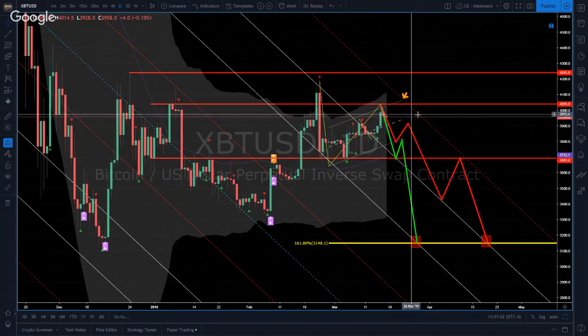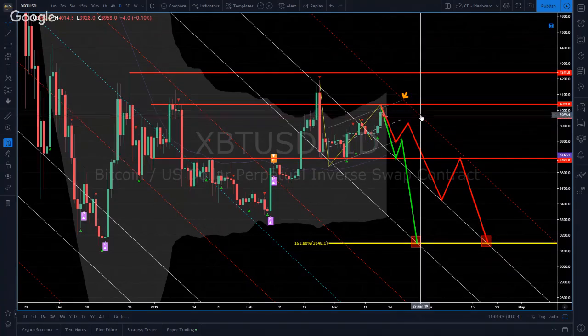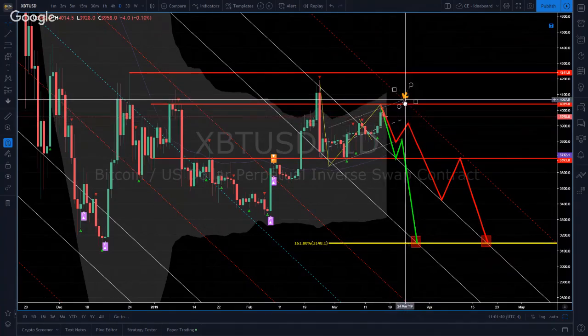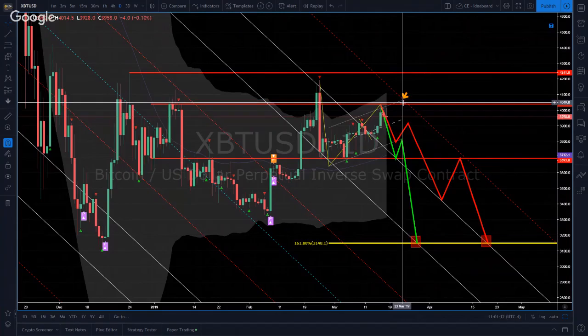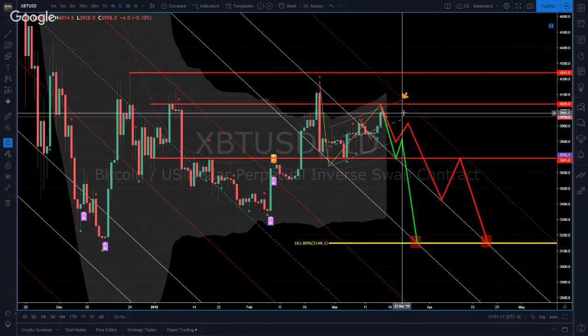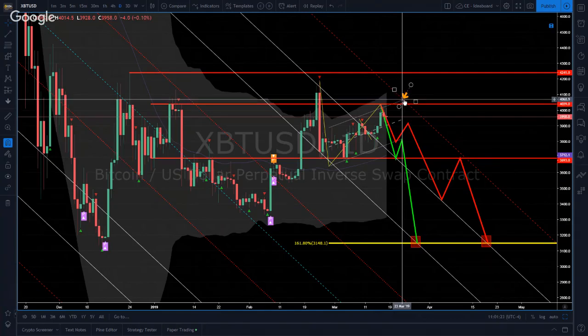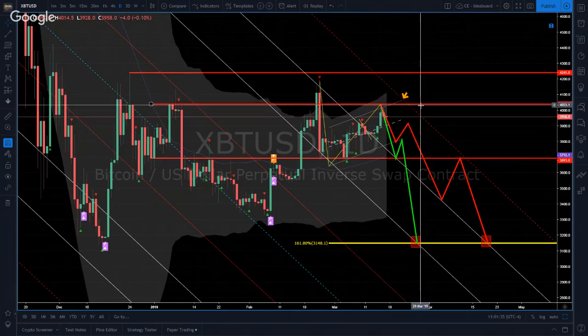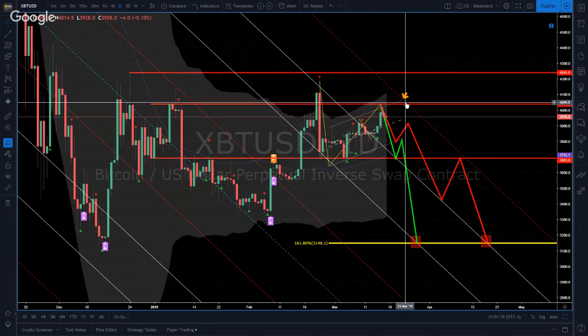So whether or not we move sideways until March 28th, and then we touch this, that's one point. Or maybe we rally just a little bit. I think we're actually going to retest this, and it could be at this 40.39. It could be slightly higher. My preference would be for it to be slightly higher than 40.38, whether it gets up to 40.68, 40.75, somewhere around there. I think that's probably a healthy move, because what that will allow us to do is set ourselves up for some bearish divergence. It'll allow us to retest this trend line and see what happens on the rejection.